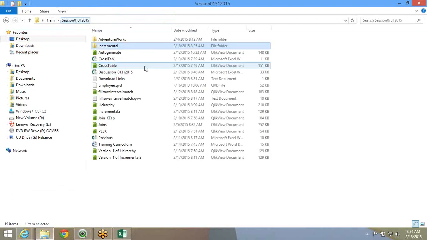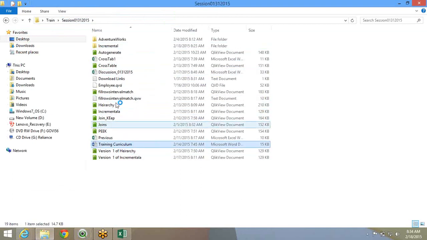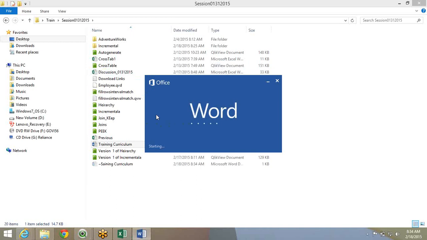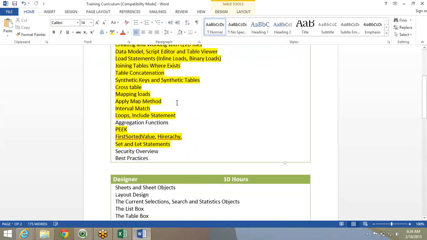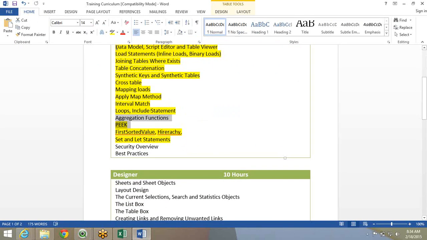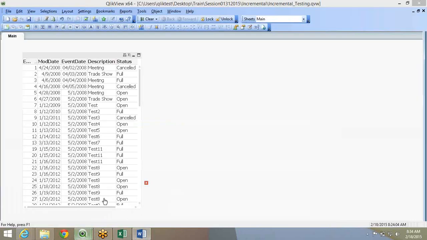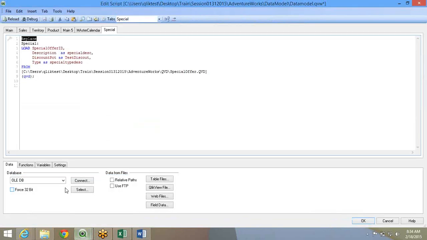Logically, if you look at our curriculum, this was our development cycle. So I think we have covered most of whatever was pending. There is one security overview, as to how to build data security into ClickView. So when a user logs in for territory 1, he should be able to see territory 1 data. When he logs in for territory 2, he should see territory 2 data.